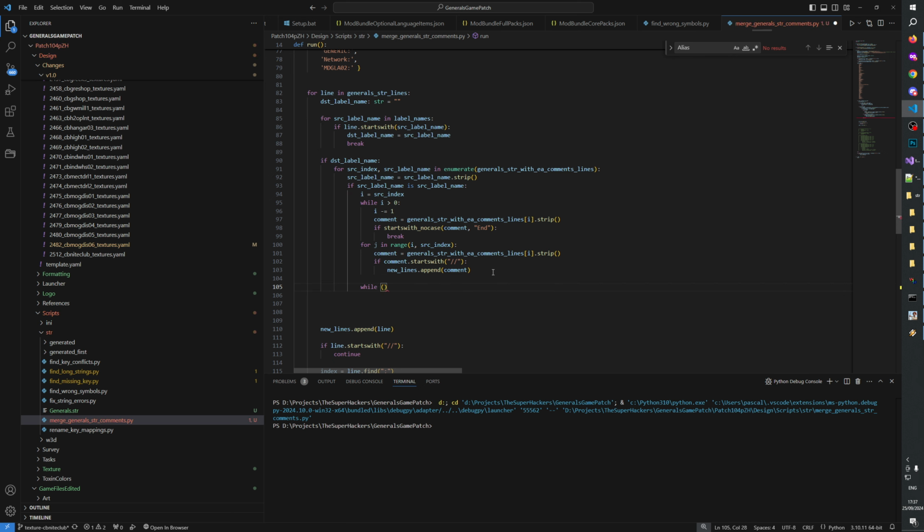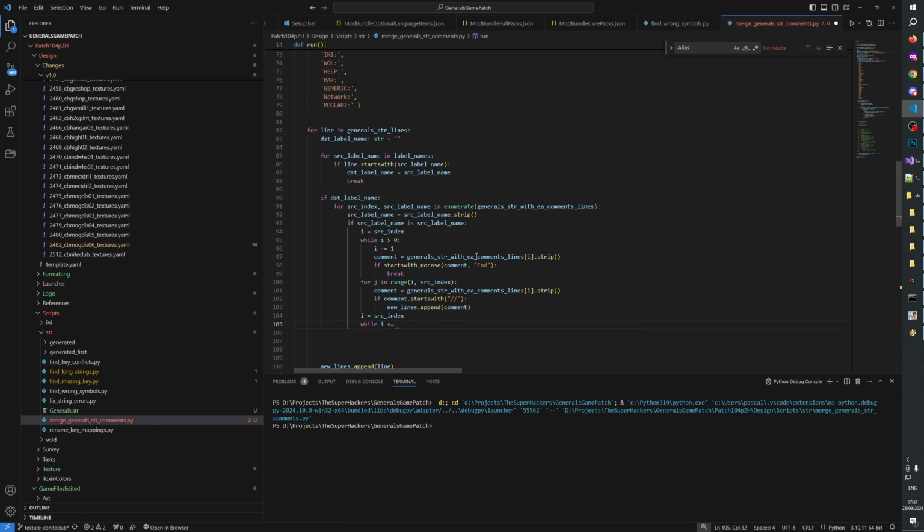while now we put I equals source index again, and while I smaller equal len. So end is len of this,